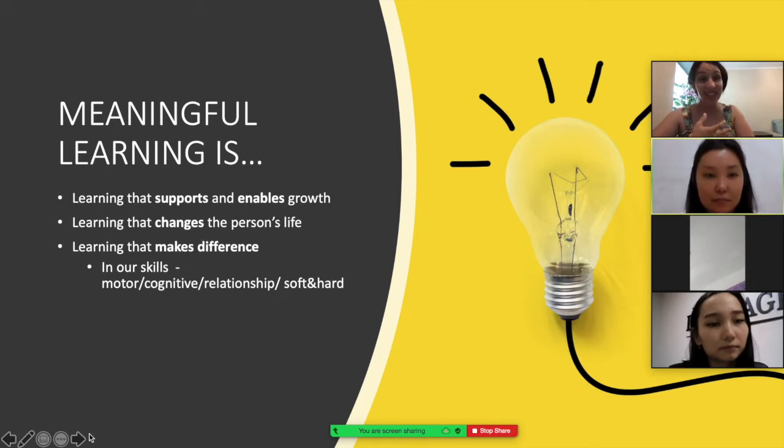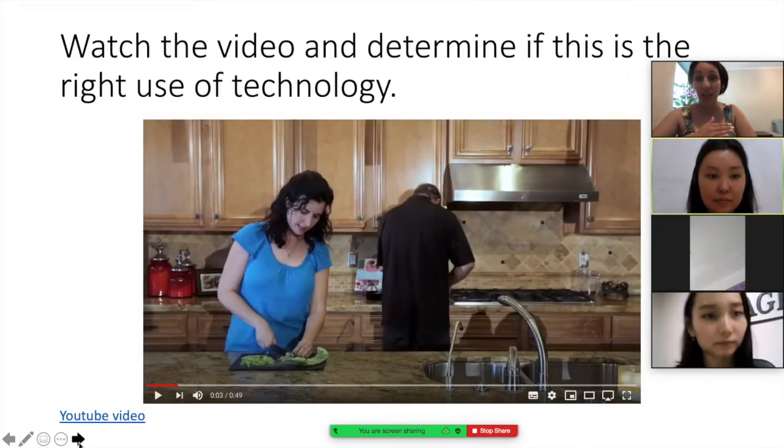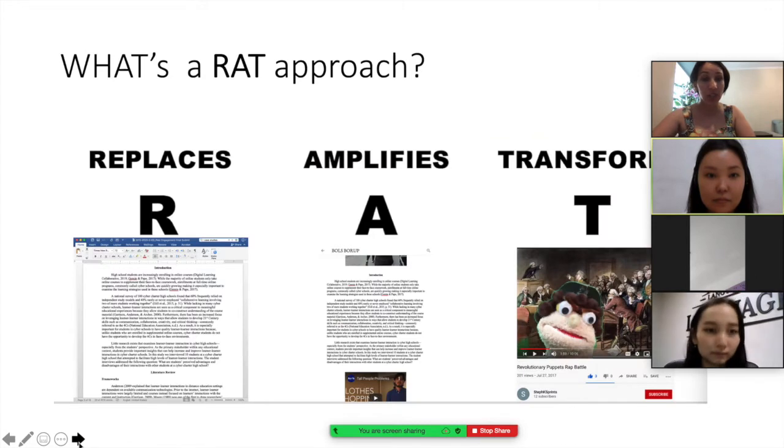And this second example is what we need to be aiming at. If we manage to use technology in this way, learning will be achieved. If not, it will be just rote learning, the typical rote learning.